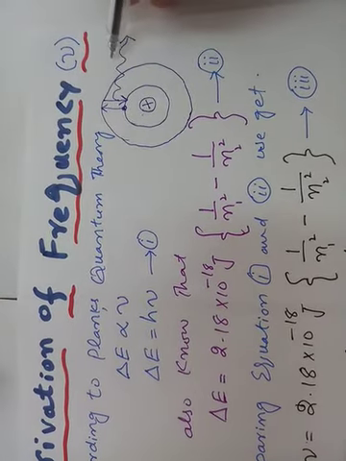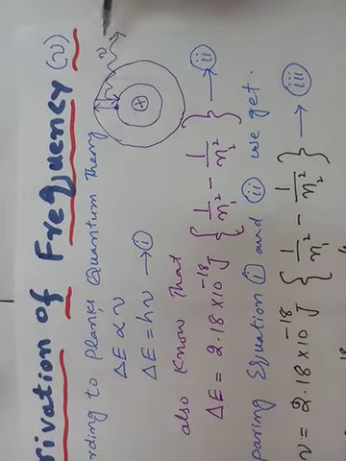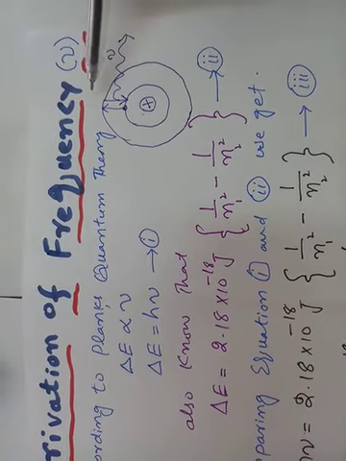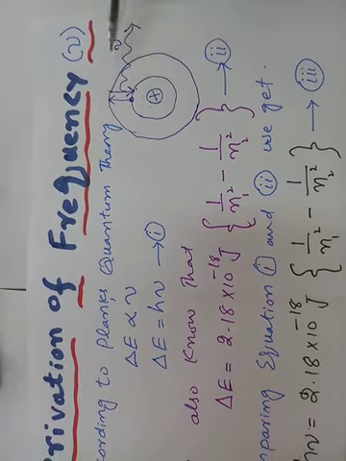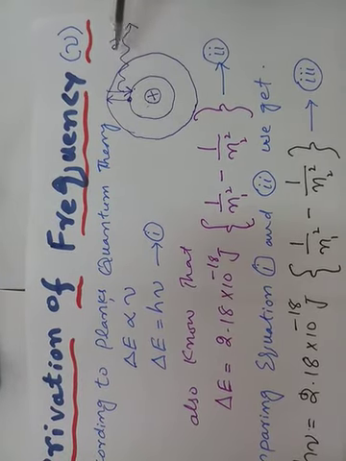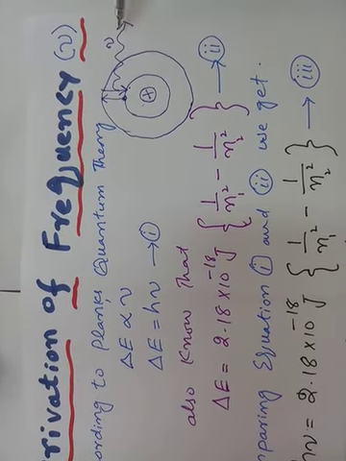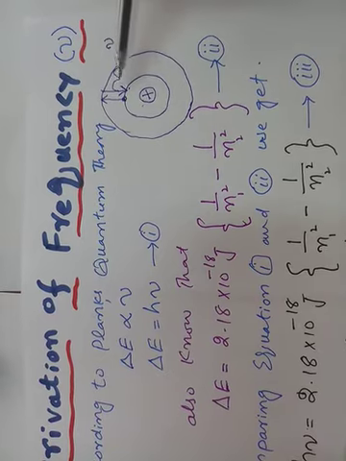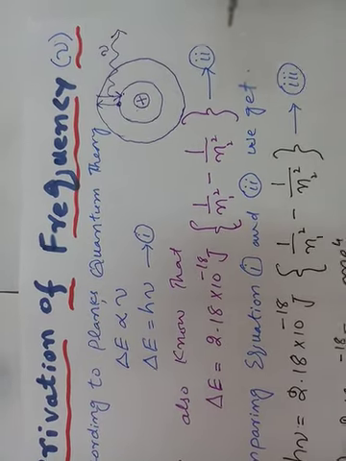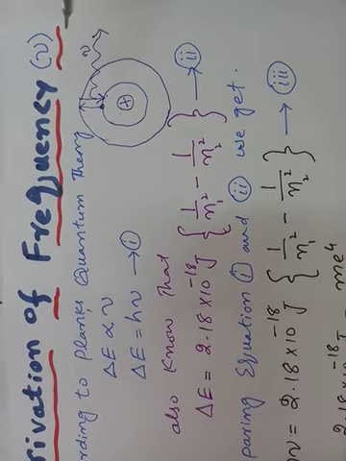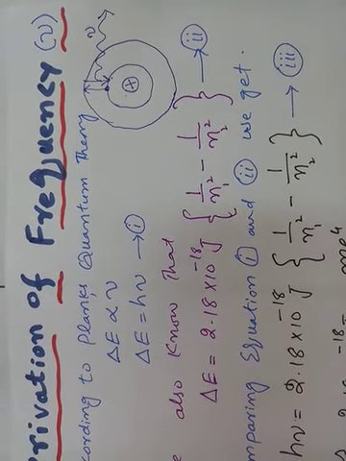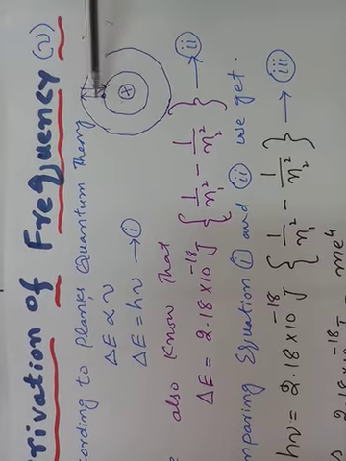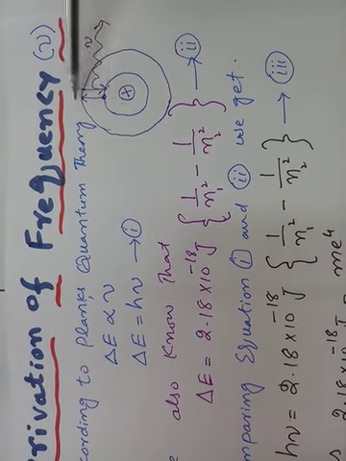what will be the frequency nu of this emitted light when the electron jumps back from the high energy state to the low energy state. The frequency is the frequency of the emitted light which is released by the electron. Now we know that according to Planck's quantum theory, if the difference of energy between any two orbits is great,